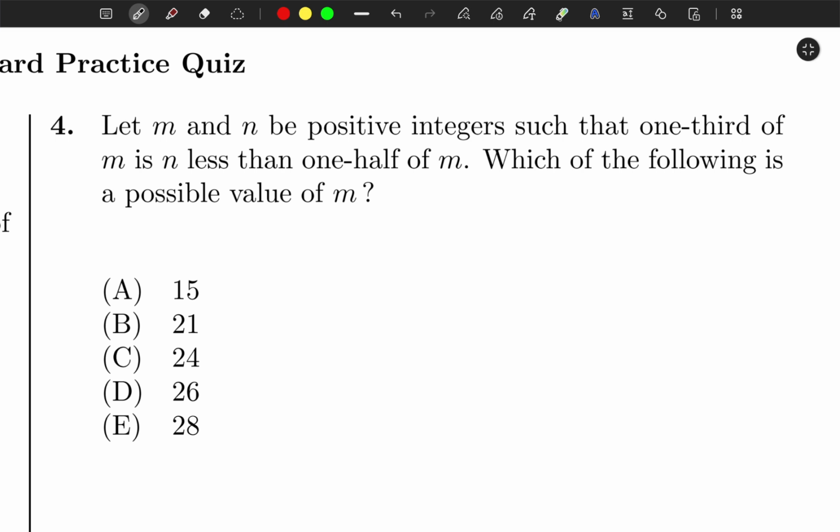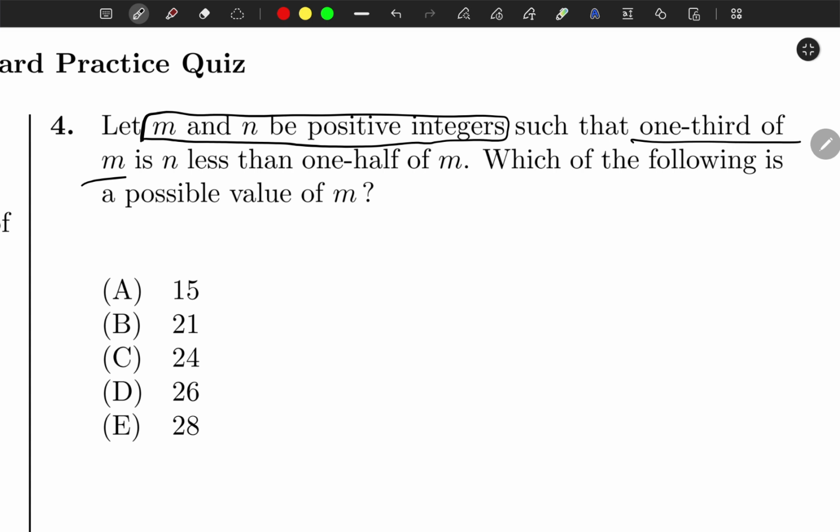Okay, let's just try to decode whatever they said. They're saying to find which of the following is the possible value of M. Okay, so first of all, let's just try to understand what they said. They said M and N are positive integers. Okay, that is fair enough, that makes sense. Now they're saying such that 1/3 of M, so 1/3 of M is, okay, wait,